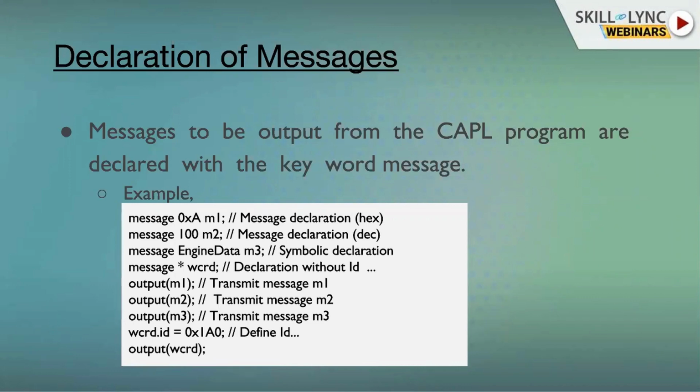So you have written a frame of a message, like a message of nearly 3 bytes, 00 01 02, that you are going to send to the network. How are you going to send it? You declared the message 01A. You have written some key, on key. Whenever you press A, you need to send the message. How are you going to send it? By using the function called output. Whatever you send using this output function will go to the CAN network, the CANalyzer network. This is how we send.